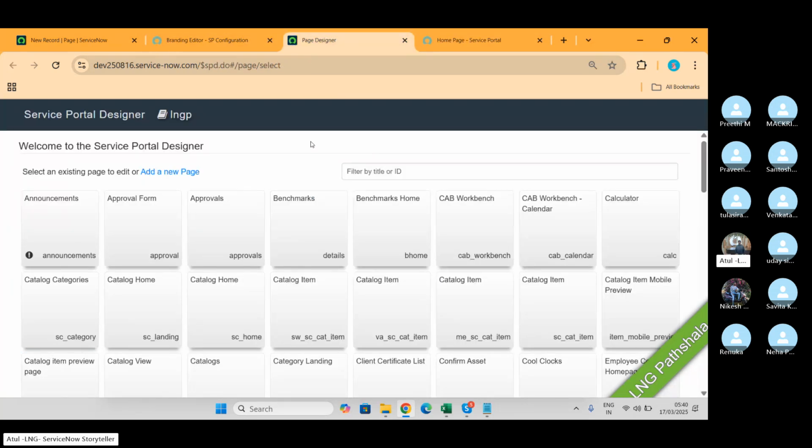See, it is talking about the page level now. It says which page you want to change. Again, the pages are global pages. If you change a page in one portal and that page is used in multiple portals, the changes will be reflected in the multiple portals. This is what this design says.